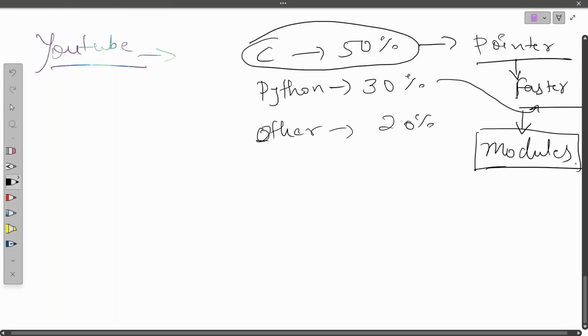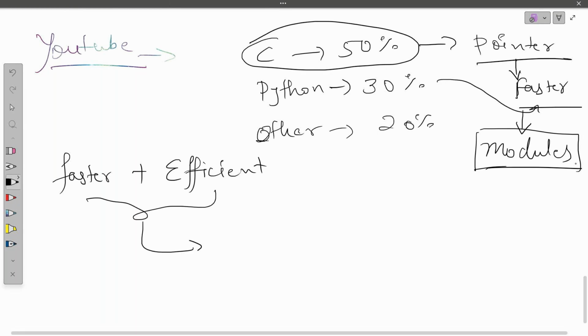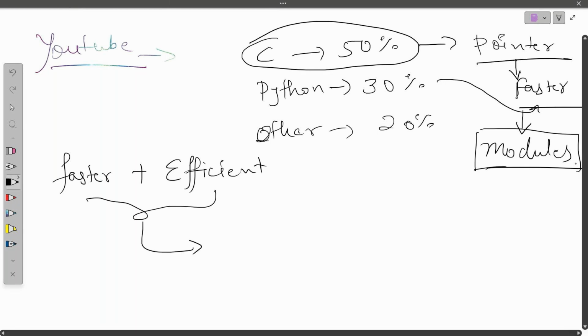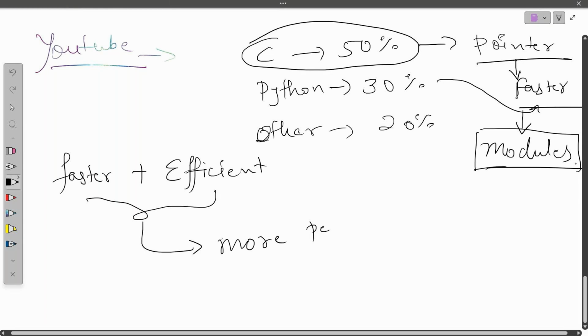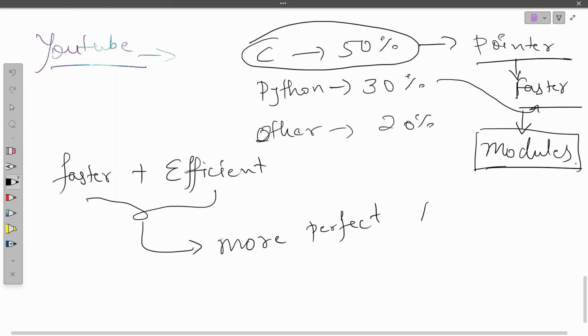So when we combine a programming language which is faster with a programming language which is more efficient, we can make a more efficient programming language, or a more perfect application, you can say.